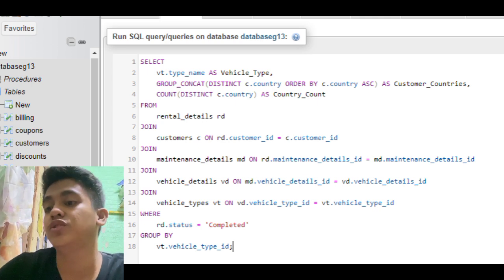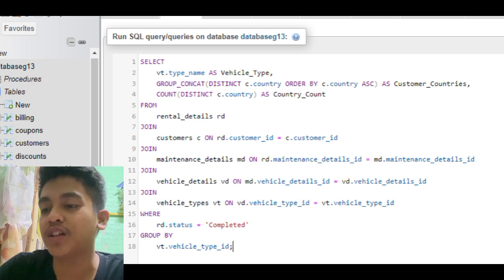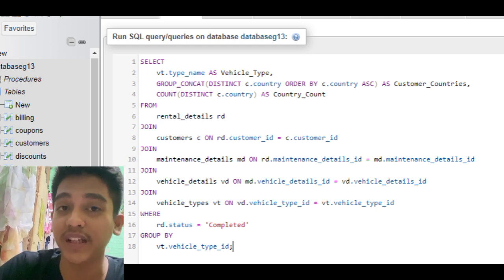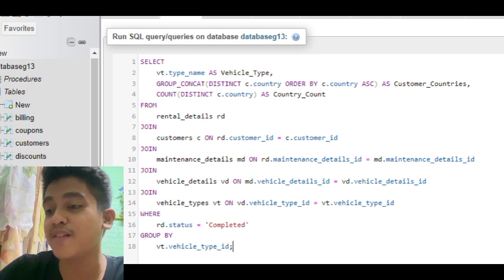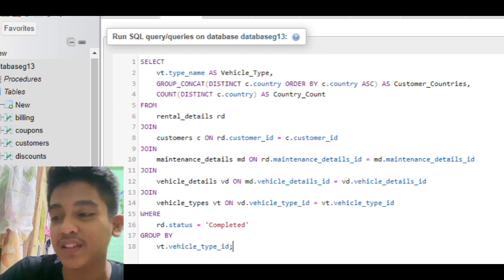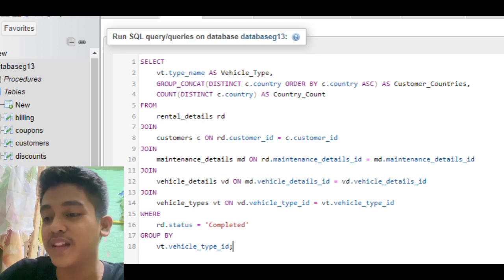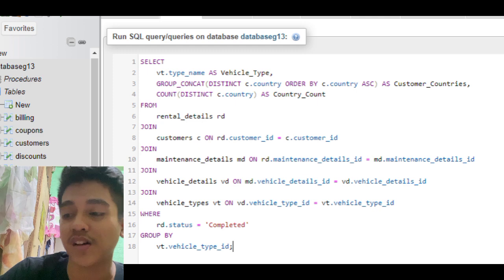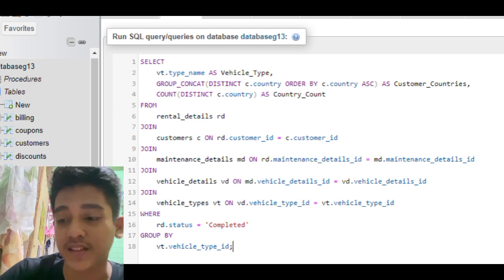Next will be the joining of tables, where the query joins several tables to access the required information. The rental details, or RD, is joined with customers to link rentals to the customer details. Next, the rental details is joined with maintenance details and subsequently with vehicle details to identify the vehicles involved in the rentals.